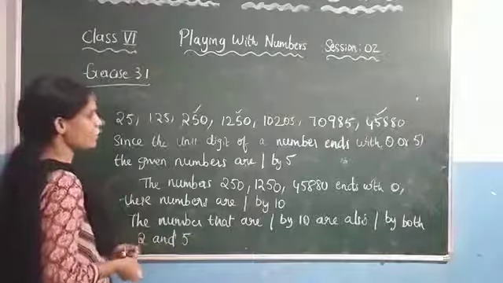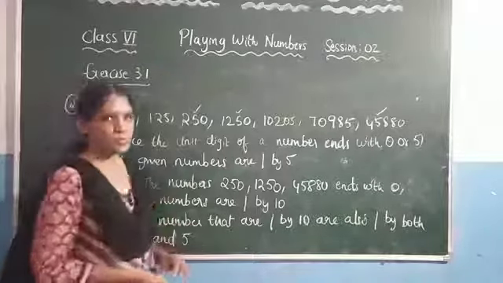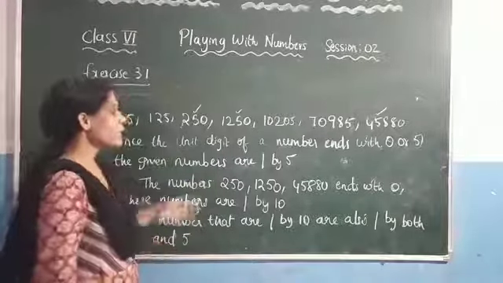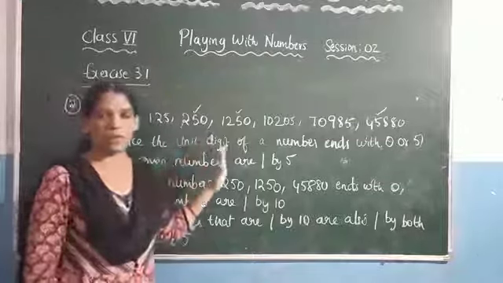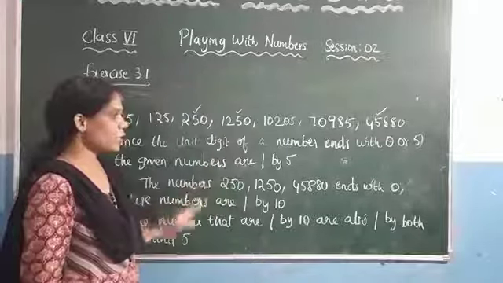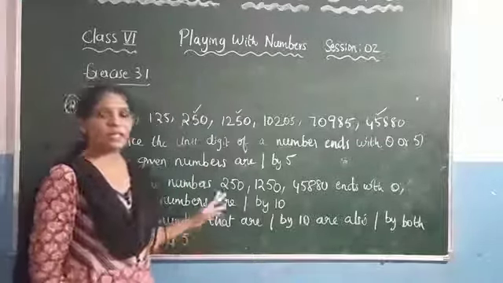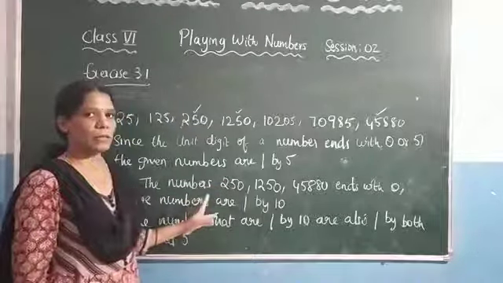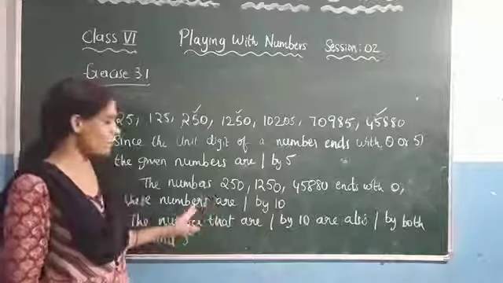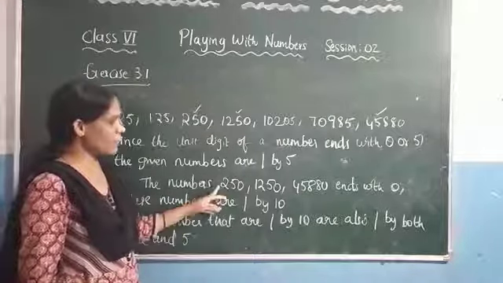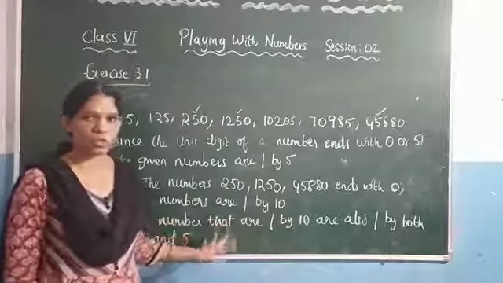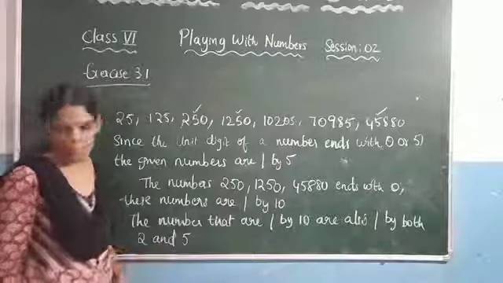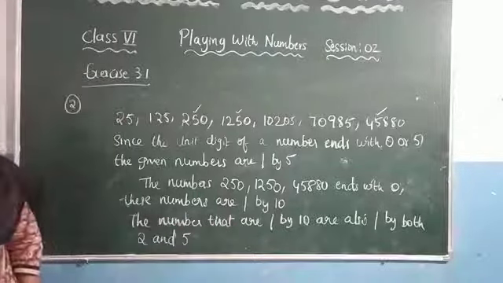This is the second question they have given. They have given some numbers and asked to check whether those numbers are divisible by 5 or 10. And after that at last they also asked whether the numbers that are divisible by 10 are also divisible by both 2 and 5 or not. And we checked that the numbers that are divisible by 10 are also divisible by both 2 and 5. With this the problem is completed. Now see the next question.